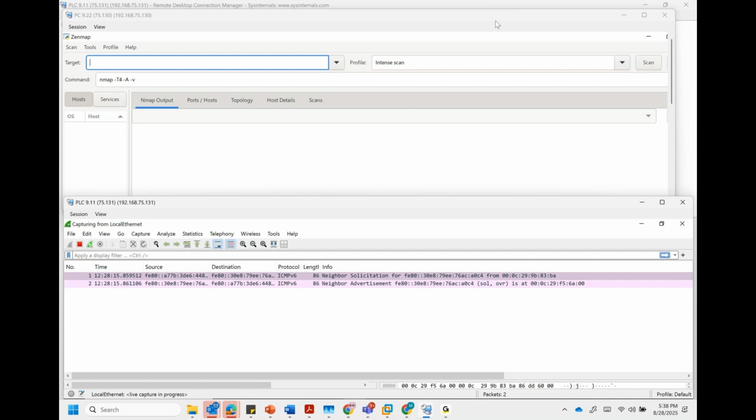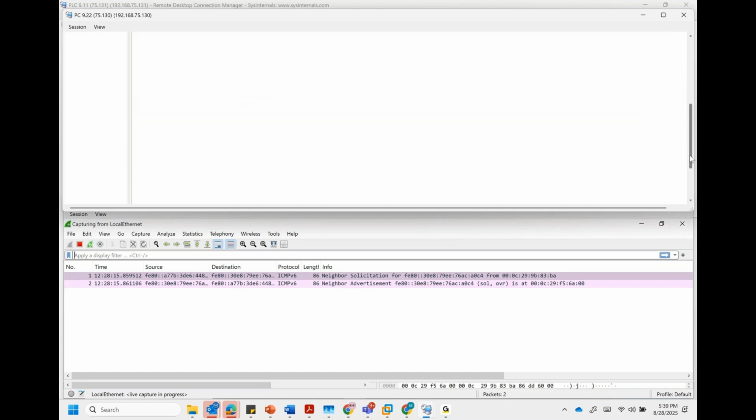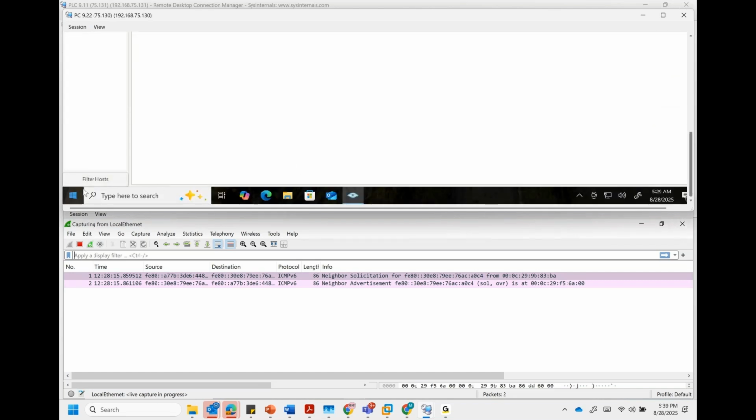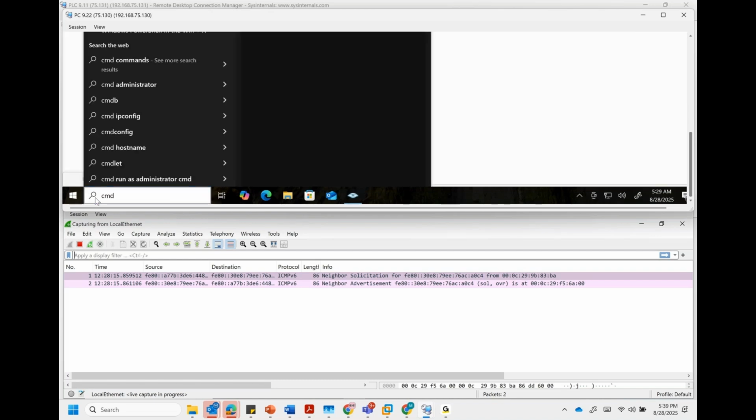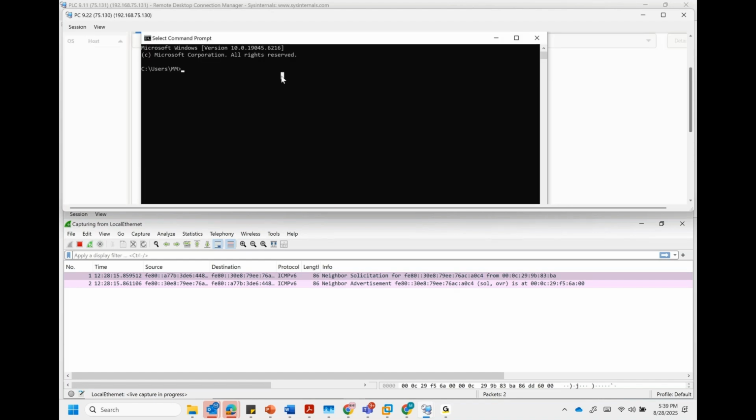So what I'll do is I'll go to the top device here, and let me just launch the command prompt, and I'll just ping it. So I'll say ping. My PLC is 192.168.9.22. As soon as I hit enter, you will see that,